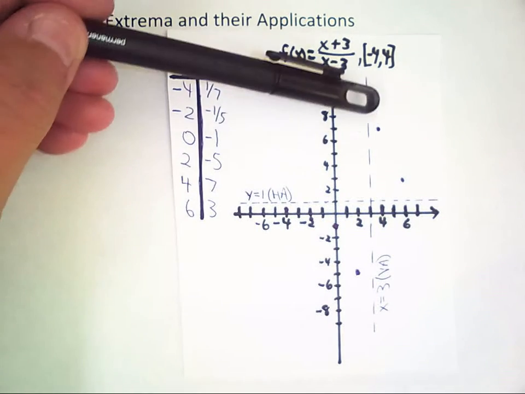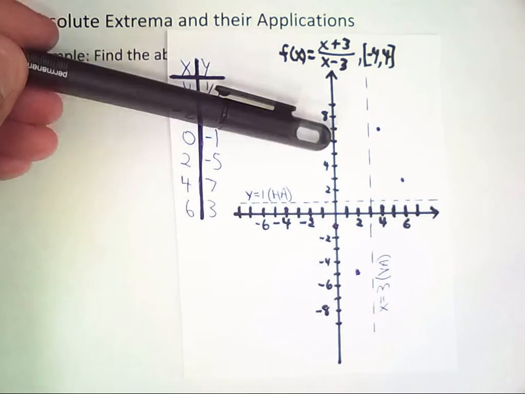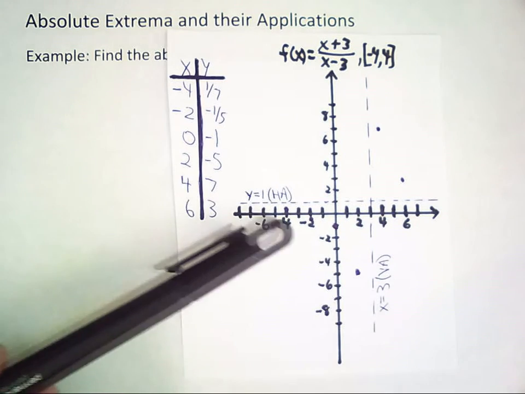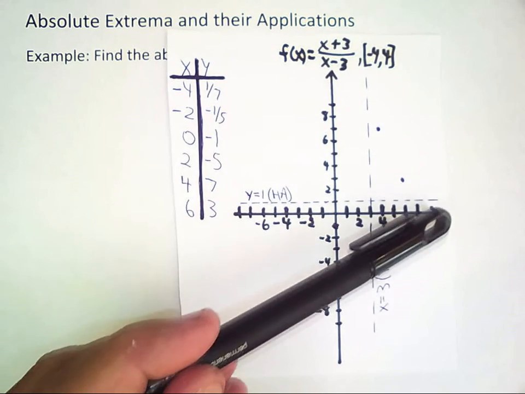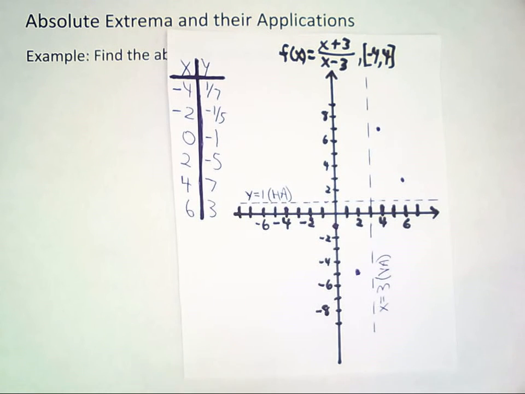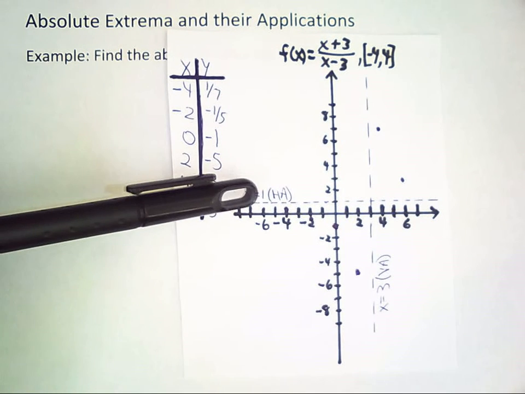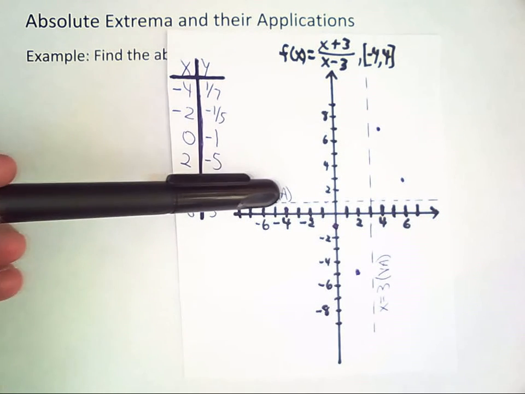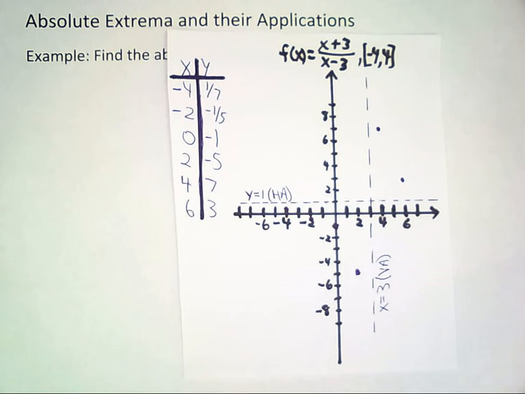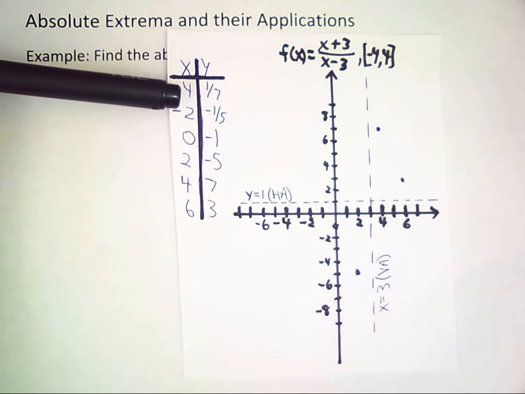Now, if it rises here and goes up toward the asymptote there, there's not going to be an absolute maximum. If it goes down here, there's not going to be an absolute minimum. And if it approaches the horizontal asymptote, there's not going to be an absolute min, because that is essentially getting closer and closer and closer, but there is no lowest value. So it seems to me that it's pretty apparent, just without even plotting the points, that there's not going to be any absolute extrema. But if you're not convinced by my argument, then I would suggest you plot some representative points